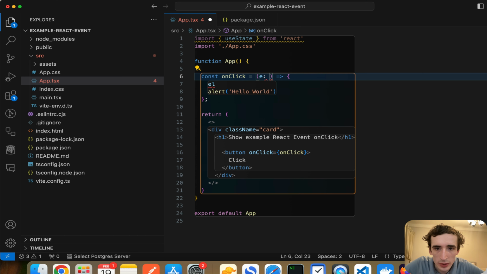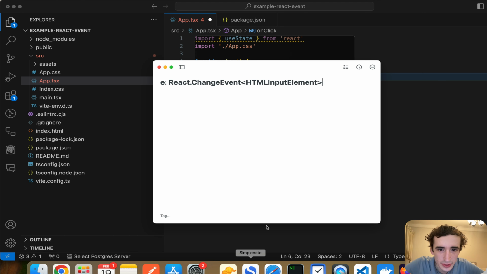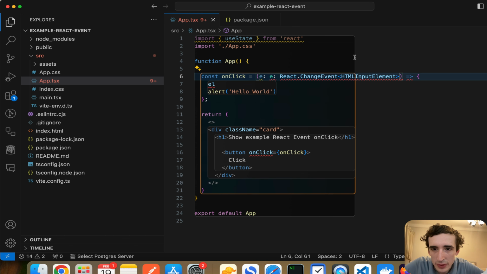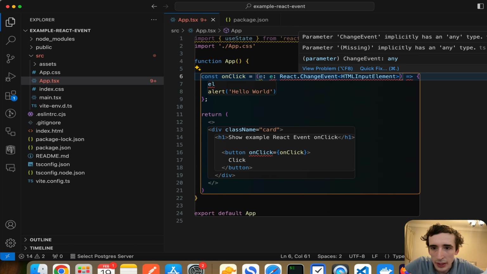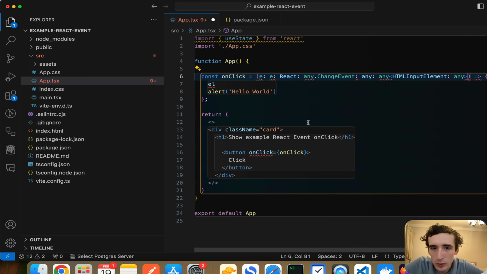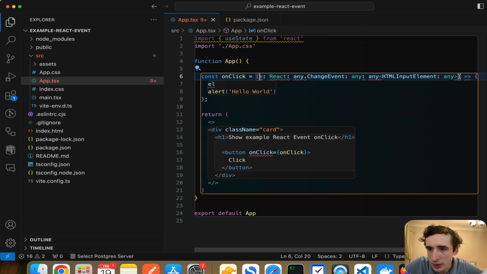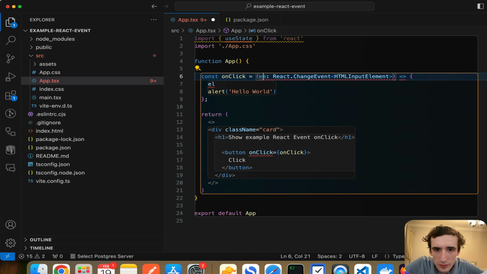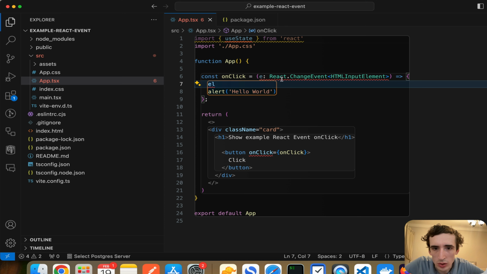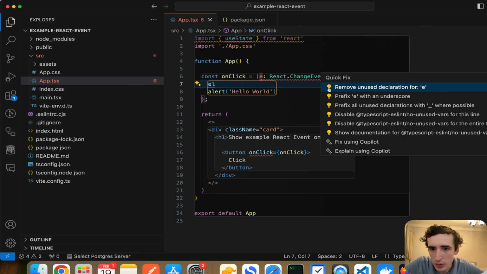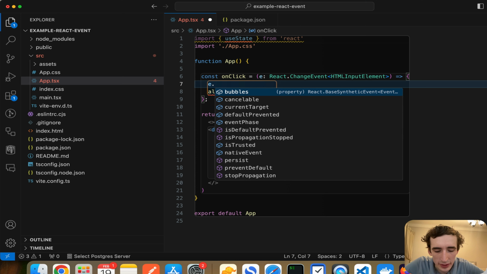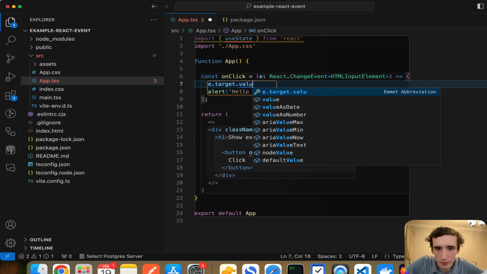here, and we can actually add the, I have it here, I think, yes, the React change HTML input. I will just import them. We can add it, or maybe even, oh yeah, sorry, here, E, and then, oh, I think I made a mistake. It's only one. Yeah, it should be like this. Awesome. So now I just need to import. Yeah, I will do E, and here target.value. Of course, I will